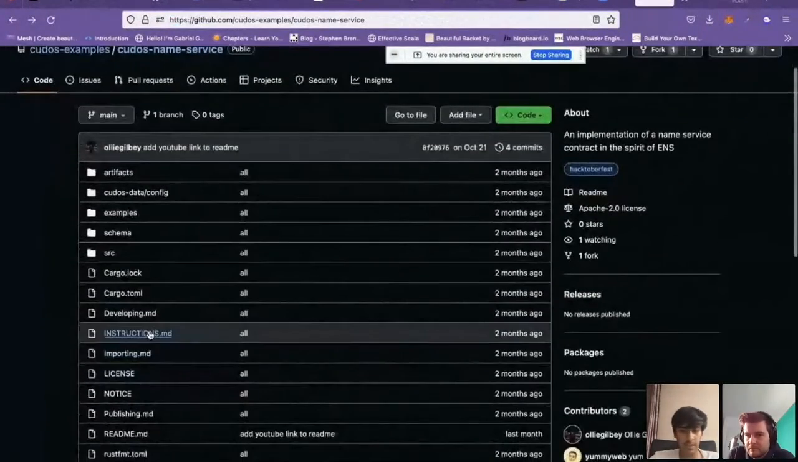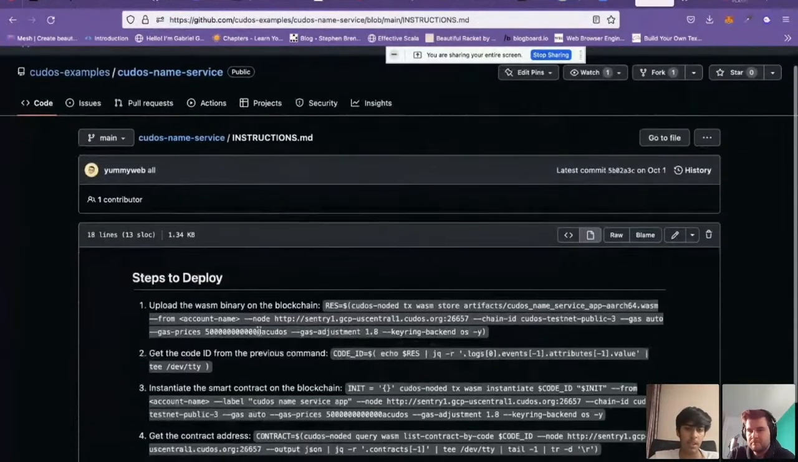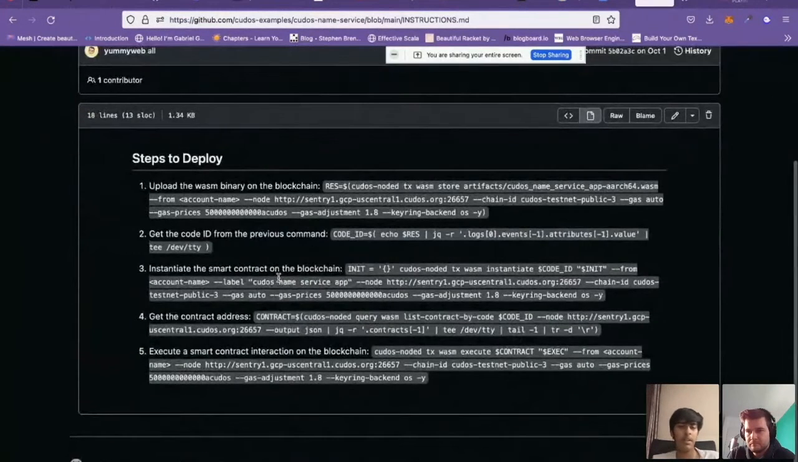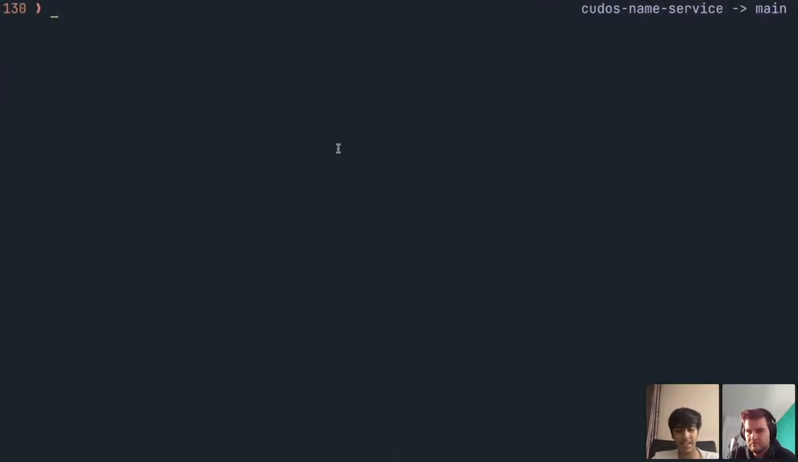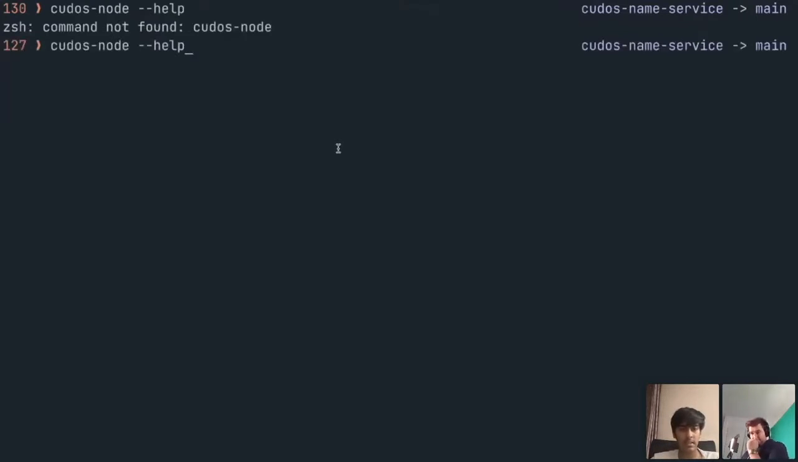As you'll see in this instructions.md, we start off by uploading the WASM binary on the blockchain. Now, before we even get started with that, in order to deploy your smart contract, you need to create an account, or you need to have an address on the blockchain. The way you do that is,